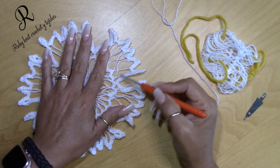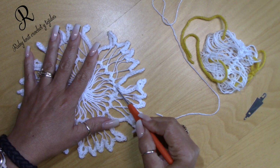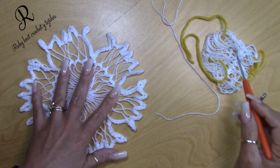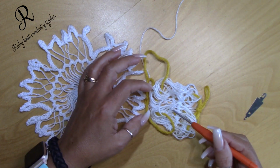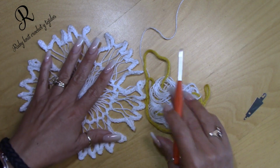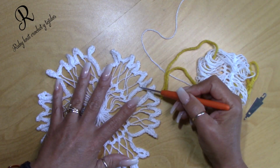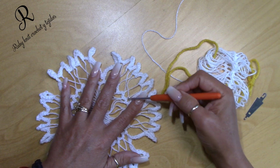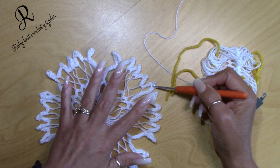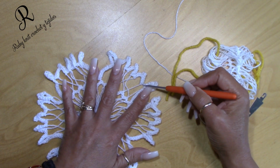Now we're gonna work in the outside first, and we're gonna start with a single crochet, and then in the strand, the single strand, and here you're gonna work, you see that, and one of the side of the two strand you're gonna work a single crochet, and then this cross in the back you're gonna grab from the one in the back and do 4 single crochet, 3 chain, 4 single crochet, and then you're gonna chain 1, and